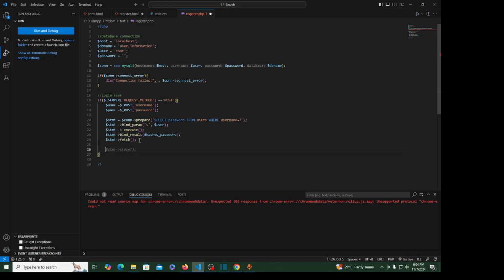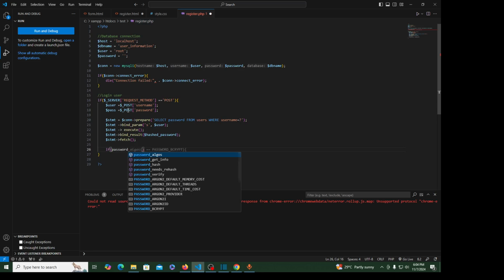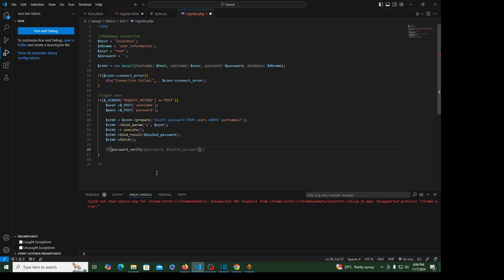Must be very careful. So let's have another if statement. If password, so we're going to have a password verify function. Let's pass this function. If password verify, do you have this function here? Yeah. If password verify,